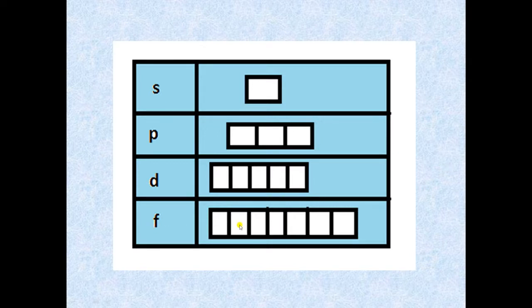In f subshell, total number of orbitals are 7. Okay, now remember, all these 7 orbitals have same energy. Okay, when orbitals have same energy, then we say that they are degenerate orbitals. Okay, in the same way, in d there are 5 orbitals and all the 5 orbitals have same energy, so they are degenerate. Okay, degenerate means which has same energy. In the same way, these 3 orbitals of p subshell have same energy.